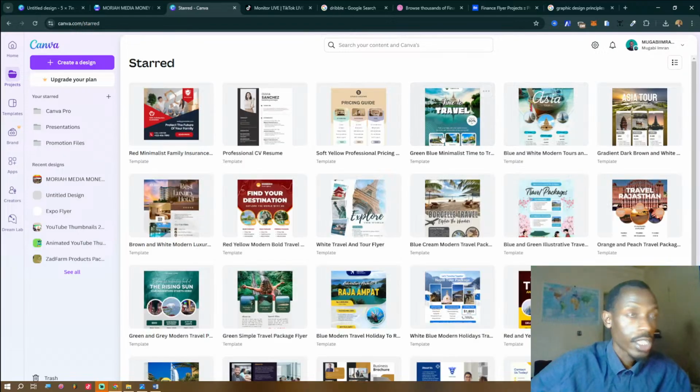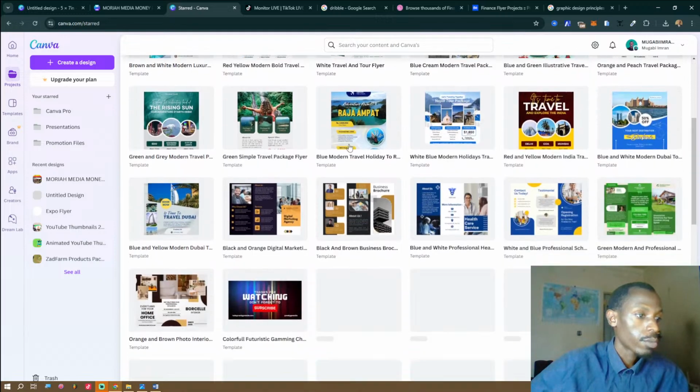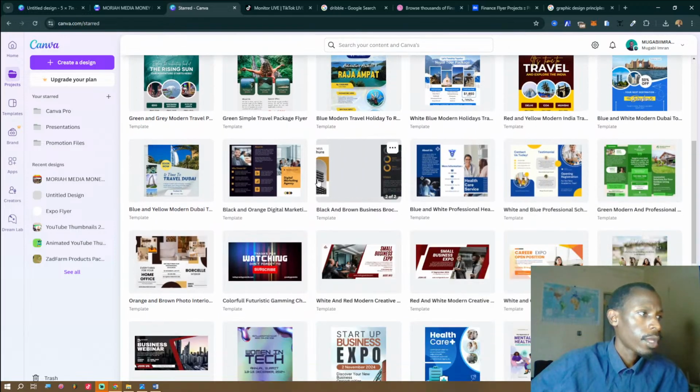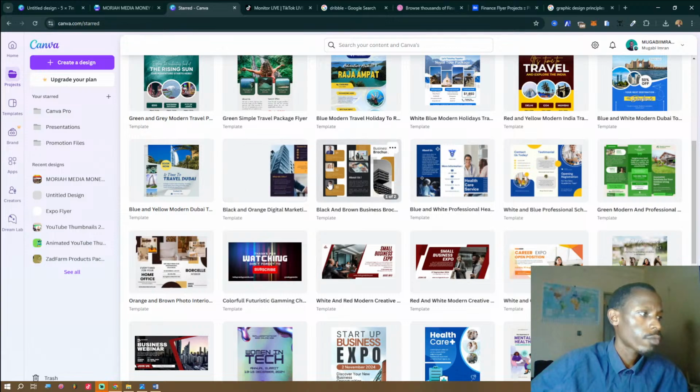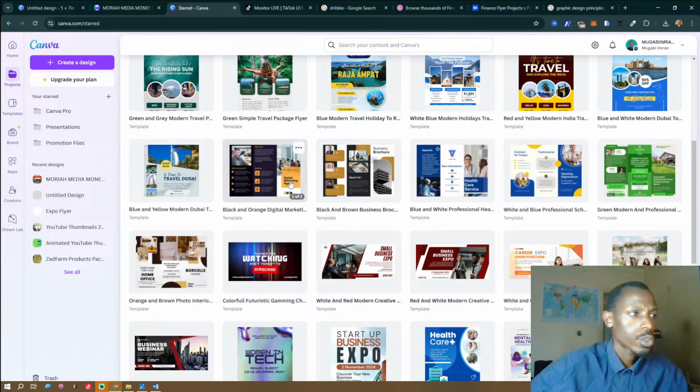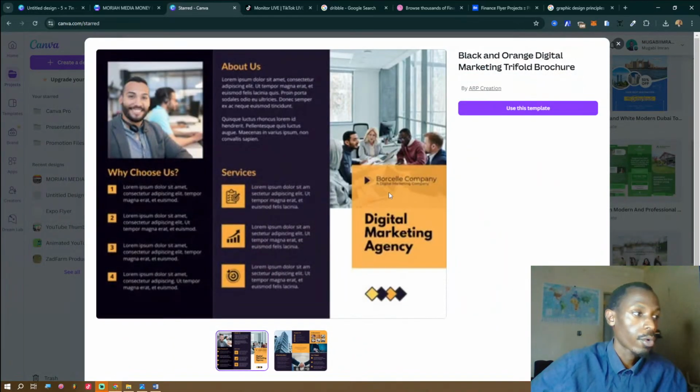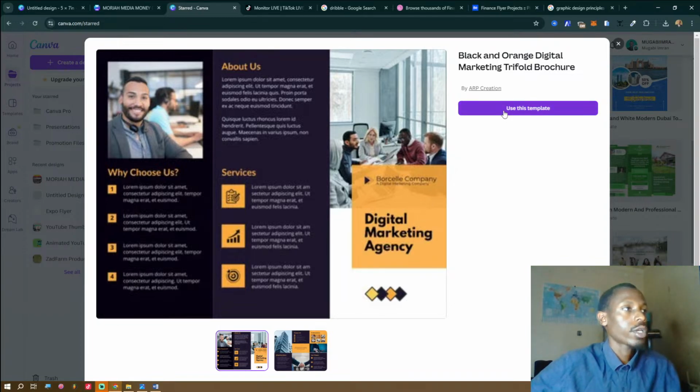So these are the designs that I put stars on, and during the design process, I believe I used some of these. So I don't use the whole template as is, but sometimes I copy some stuff from there. Maybe this layout, I copy these ones and I take them and I edit them. Maybe like this one, I took it and I expanded it, so I made it full. So for example, if I clicked on use,